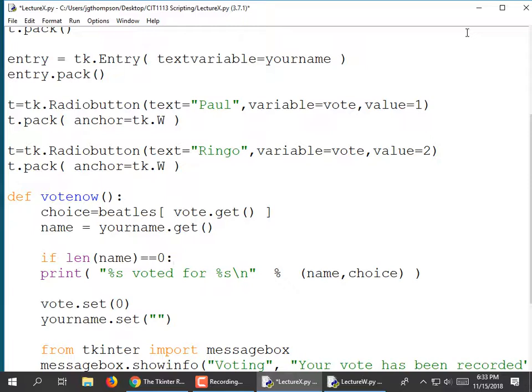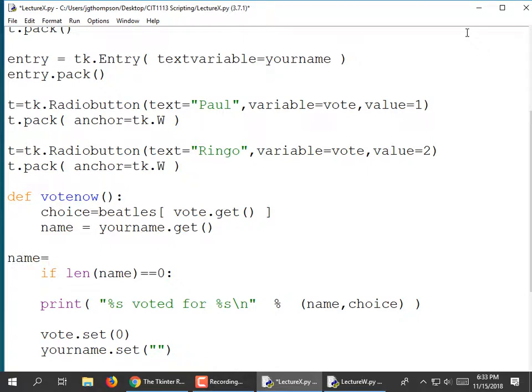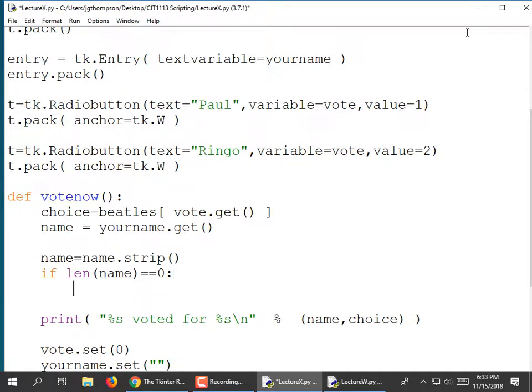There's probably better ways of doing that, because what if they hit the space bar in it? We ought to strip it first and then check it. So name equals name dot strip, and I have to tab that over. And then if the length of the name is 0 after being stripped, it's a problem and we need to